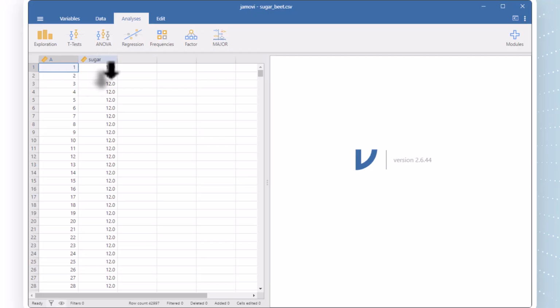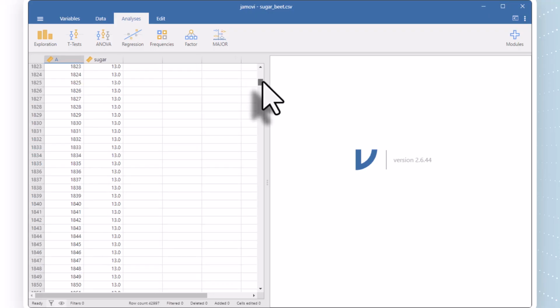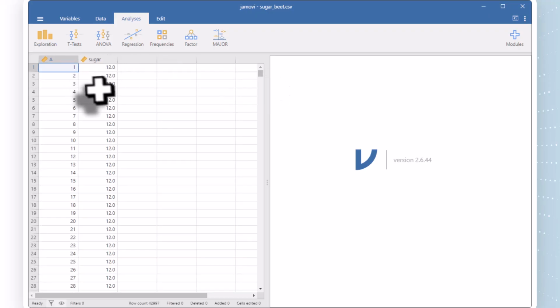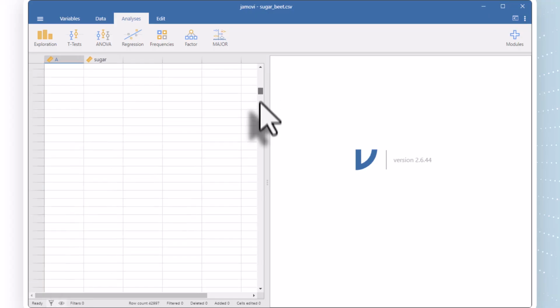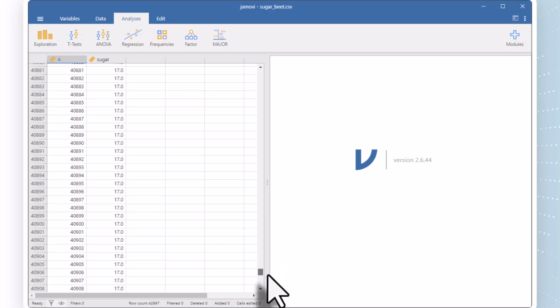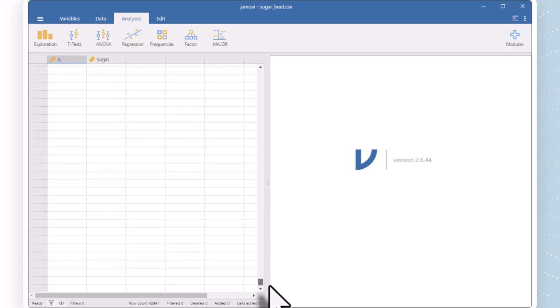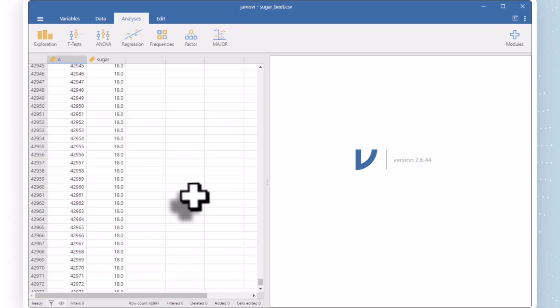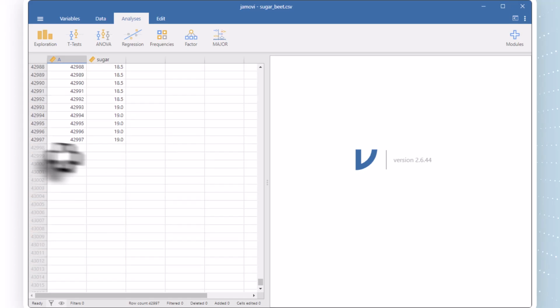And beside it, you have sugar column. So this is a sort of continuous variable which tells you the percentage of sugar found in different sugar beet plants. This data set was collected in the end of the 1800s, so in the 1890s, and it was published in quite an important textbook, and it contains